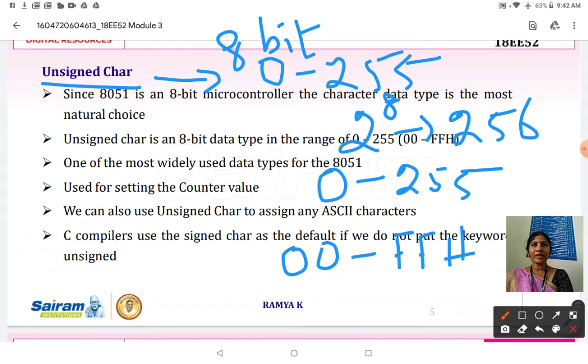The character data type, here char, is the most natural choice in the case of the 8051 because the 8051 is an 8-bit microcontroller, and it is mainly used for counter values and ASCII characters.